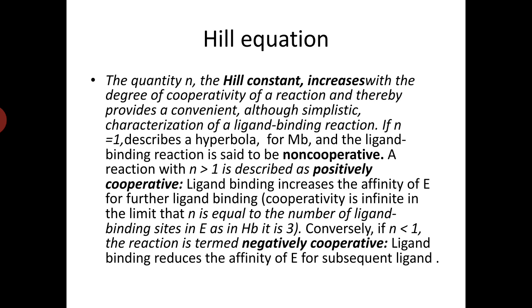Here we discussed how hemoglobin is different from myoglobin. Hemoglobin follows the sigmoidal curve and has the cooperative effect, whereas myoglobin does not have the cooperative effect. Hemoglobin binds oxygen at higher pressure, like in the lungs, and myoglobin binds at low pressure and works as the storage medium for oxygen.